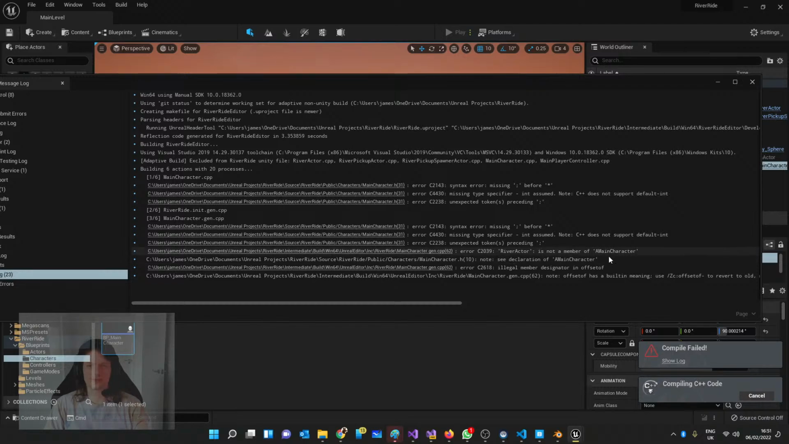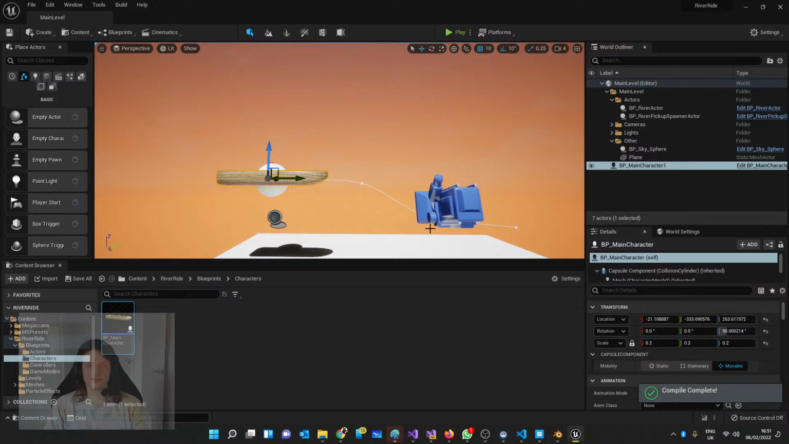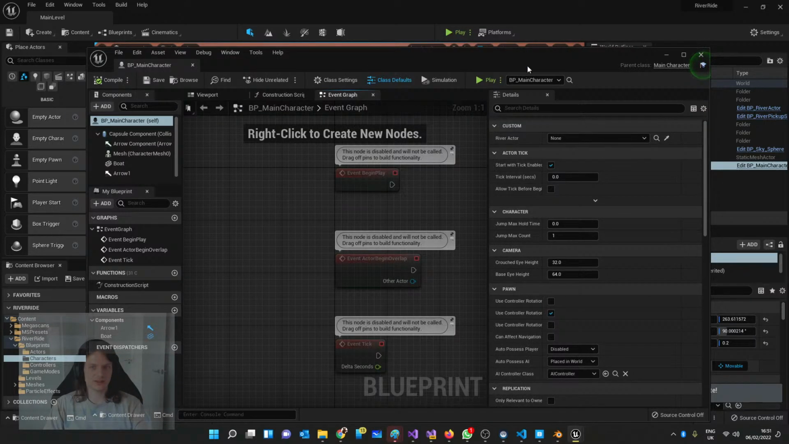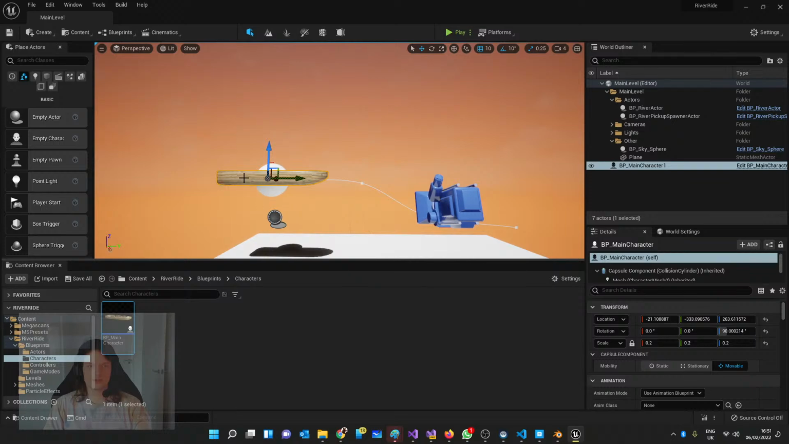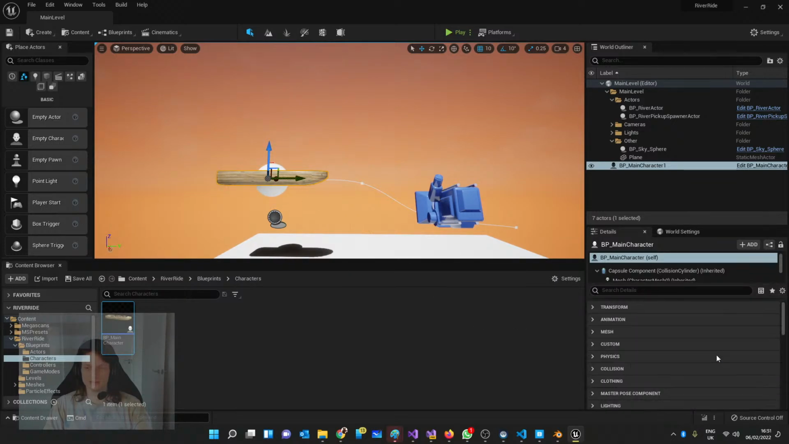It says river actor is not a member of main character, so that was the problem. It doesn't know what it is. There we go, gone. So now in our character, don't open that, because this is the blueprint. What we actually want to do is edit the instance. So if we click on that, maybe collapse all these categories, there's a custom one here, and now we can select the river actor here. Now this has access to the river actor